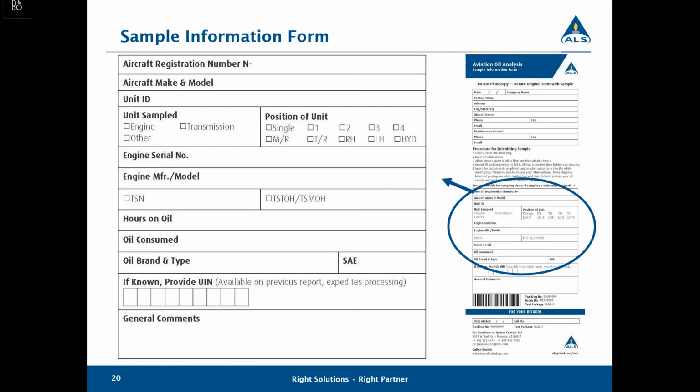It's one of the fastest ways that we can find sample points. So it does get printed on your report. So if you sample for the first time and you get that report, you'll have a UIN listed on it. You can then use that on your next